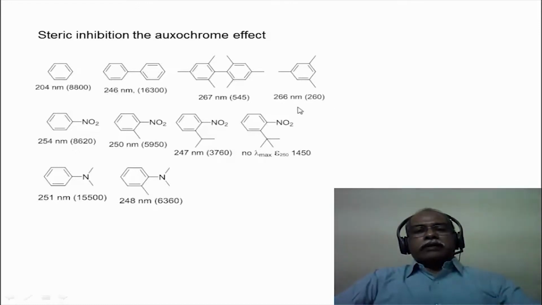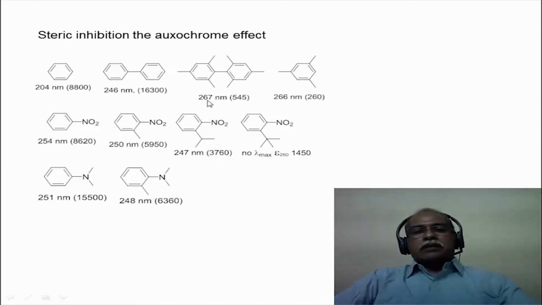Now, if you have additional methyl groups, that also can have the auxochromic effect. So it is further shifted to 267 nanometer, but this is expected to go to an even longer wavelength, and that longer wavelength effect is not seen here clearly, because this essentially behaves like trimethyl benzene only. The effect of this particular auxochrome, namely the trimethyl substituted phenyl auxochrome, is not felt on this particular ring or vice versa.